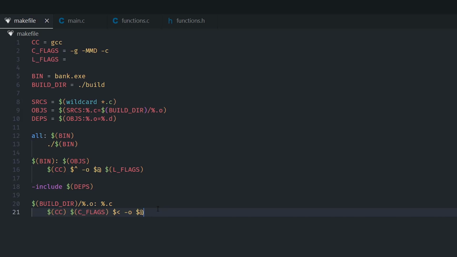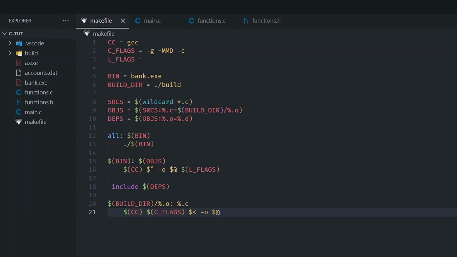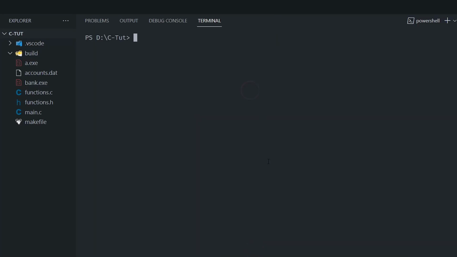And that is pretty much it. That is pretty much all we need to do to actually go ahead and build the actual files. In order to actually test this, make sure you create the build directory in this folder, which is currently empty, but if I open up the terminal, and let me do that like that, and I am going to run